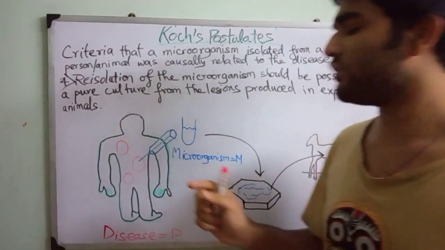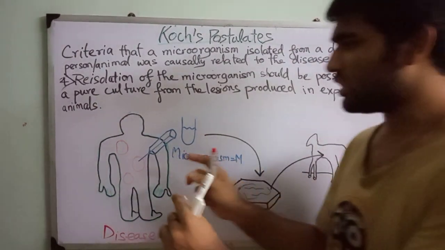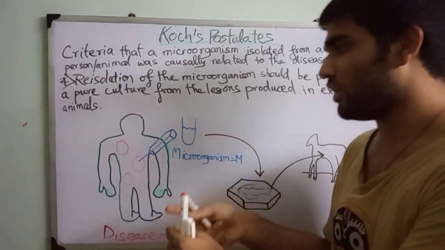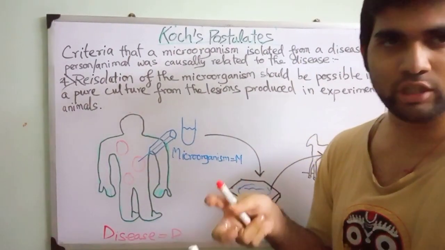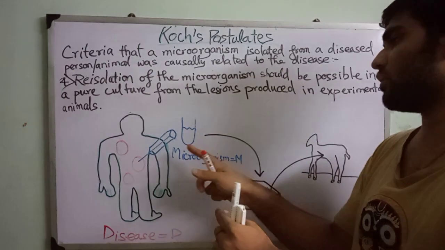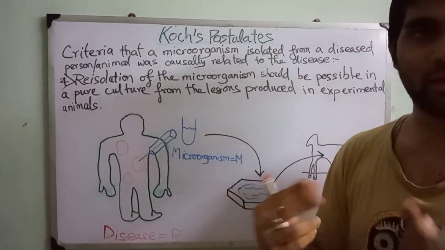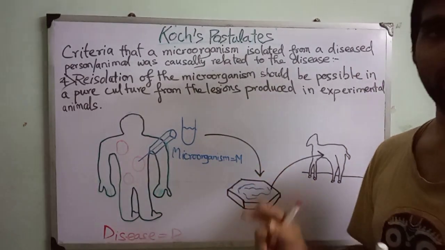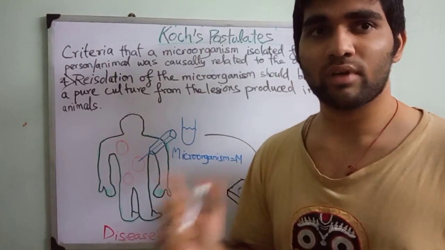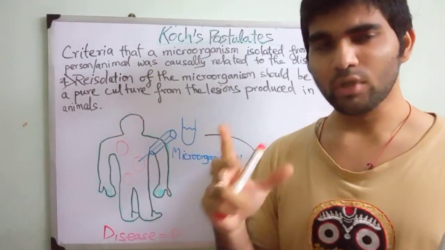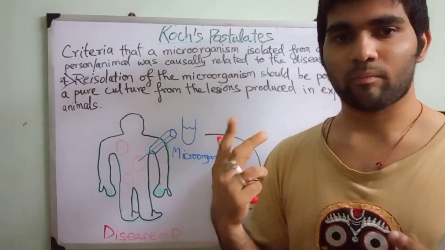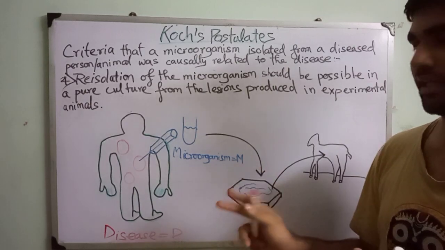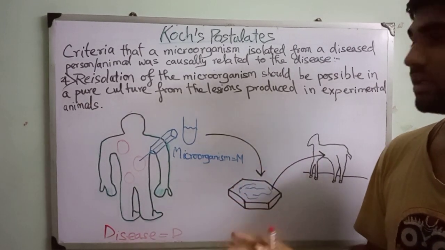So, first we had seen that the person had some disease, disease D. We did the fine needle aspiration from the person, and we did the sampling, and we got the microorganism M. So what was the first criterion of proving that the microorganism M was related to the disease D? The first criterion was that